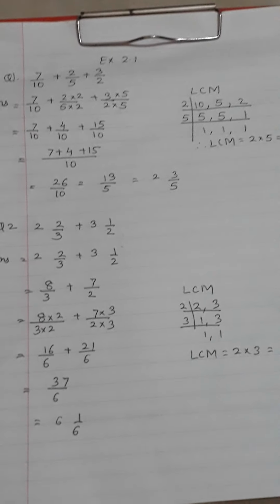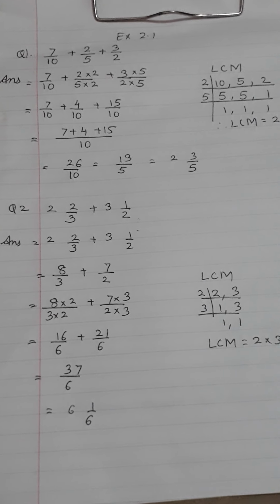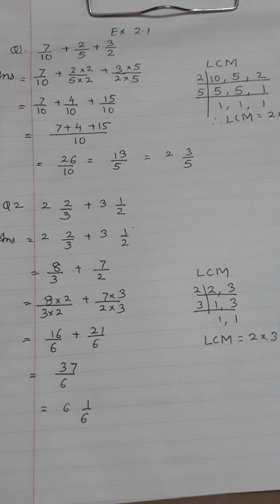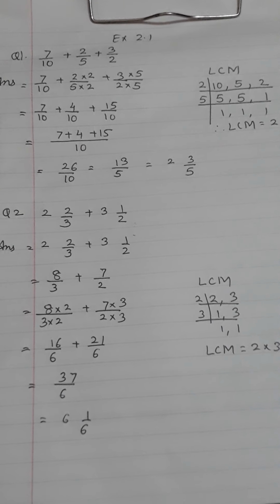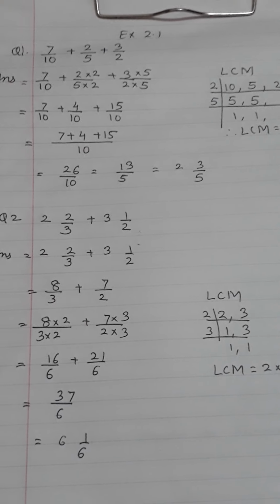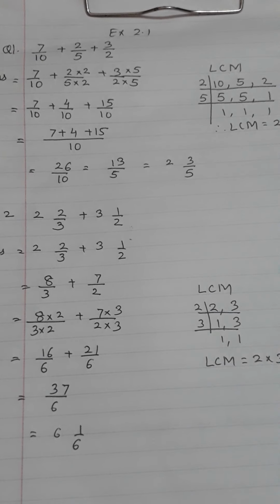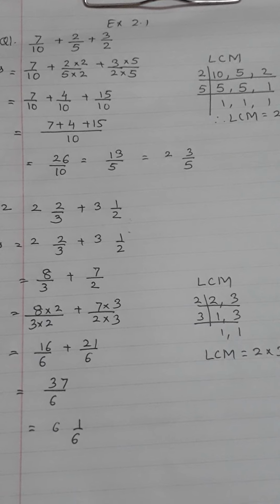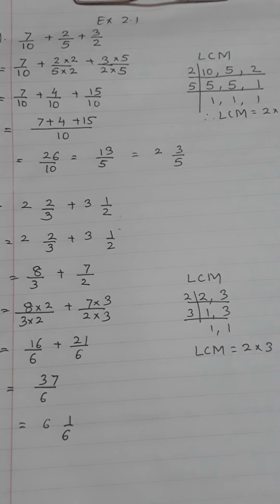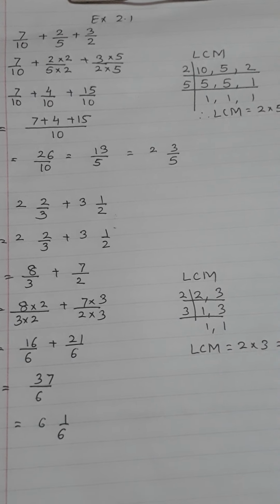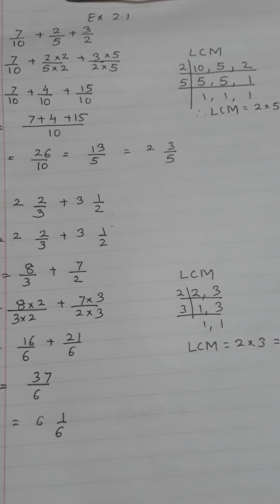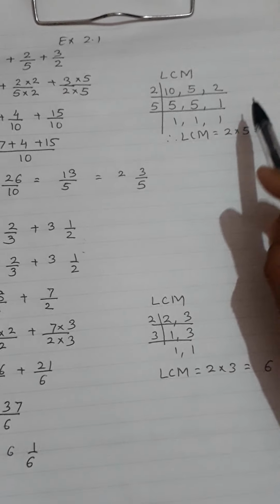Let's start with exercise 2.1. Question number 1, part number 5. We have to add 7 by 10 plus 2 by 5 plus 3 by 2. If you observe here, all three denominators are different. We have to make them the same, so we will find the LCM. So the LCM is